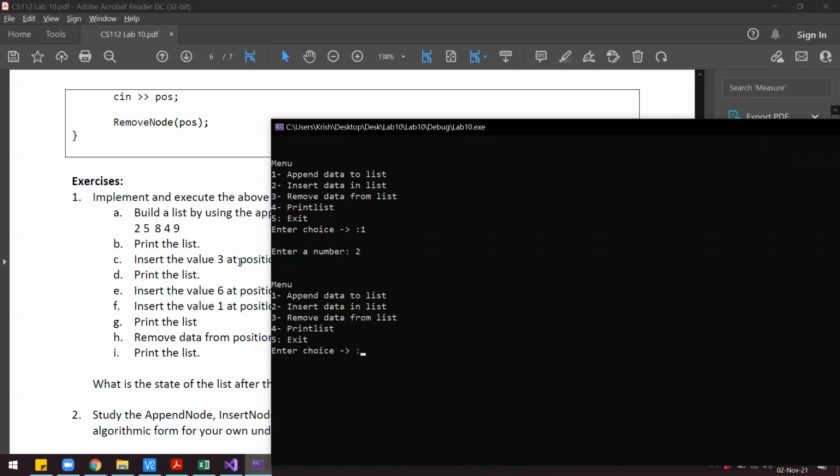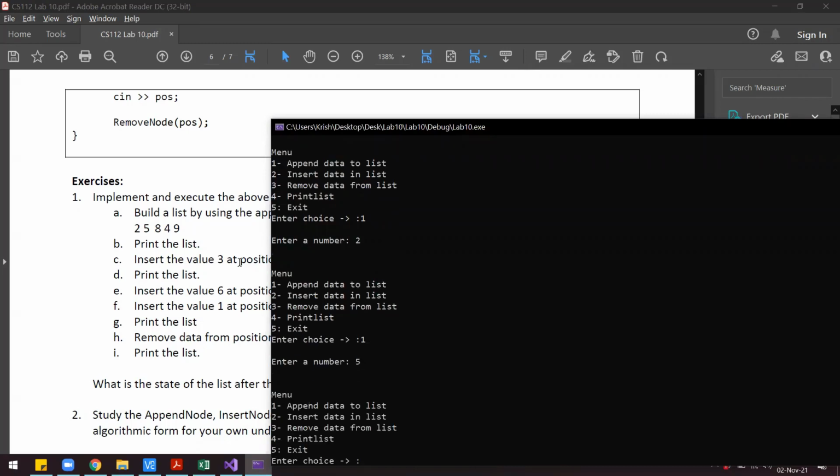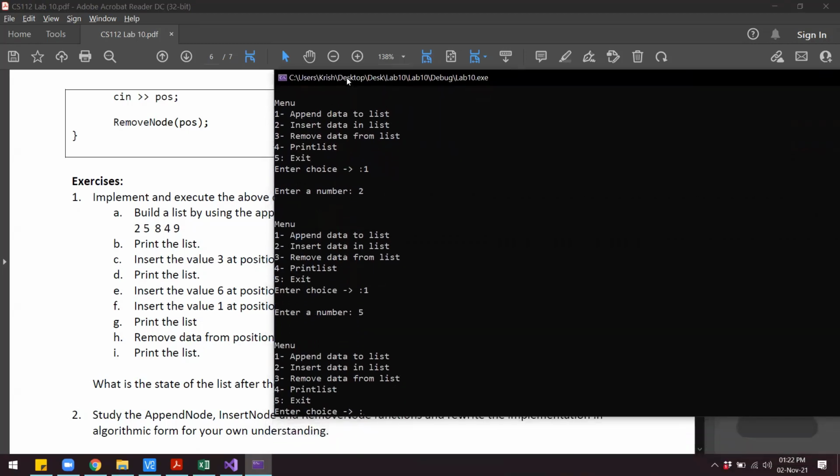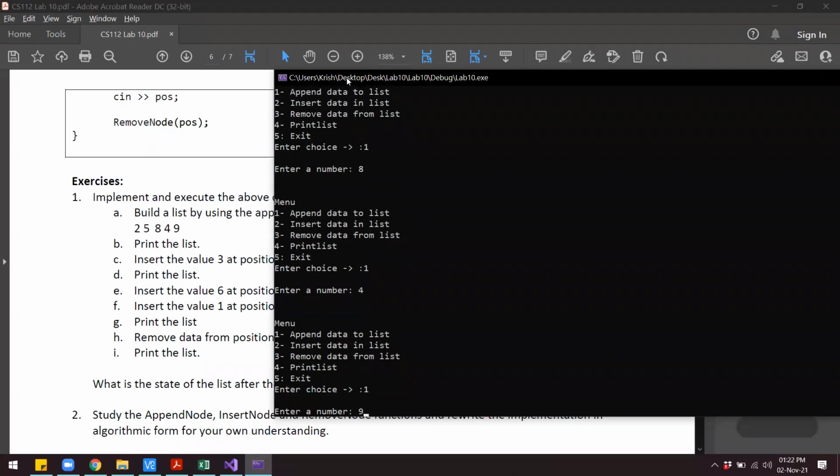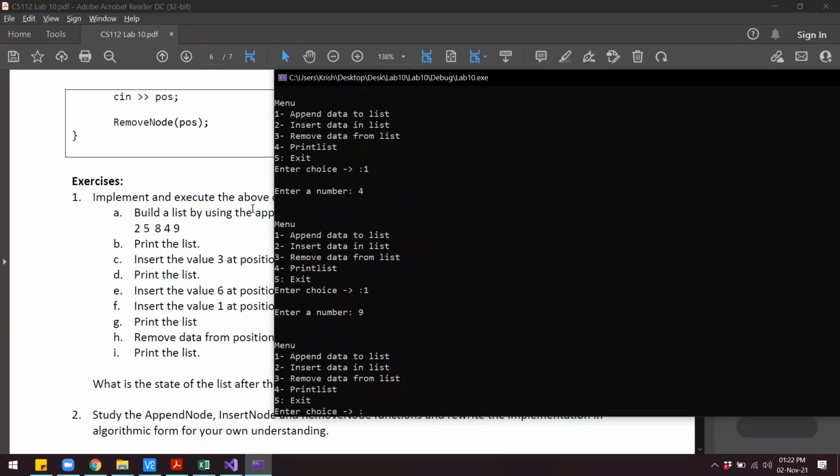Then we are given the menu again, we will again enter 1, then 5, then again we will enter 1, then 8, 1, then 4, 1, then 9. So at this point the data is appended to our list, and in our linked list we have 5 values which are 2, 5, 8, 4, 9.